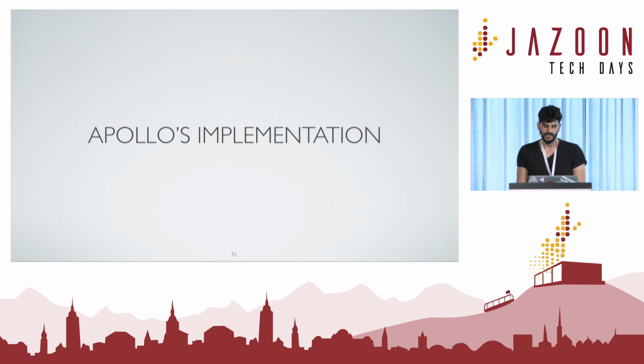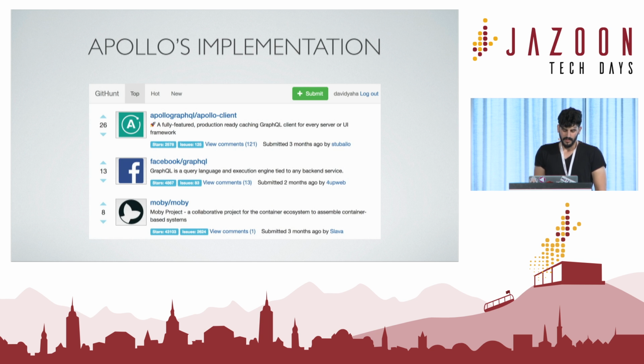So the Apollo project implemented a similar extension to GraphQL back in September. The extension is not entirely in line with this RFC, but it is definitely very close. So I would like to show you a small example of this implementation. The example we will see is taken from an app called GitHunt, which is essentially Product Hunt for GitHub repositories. This app is actually a demo for the features available in Apollo, and it allows you to rank GitHub repositories